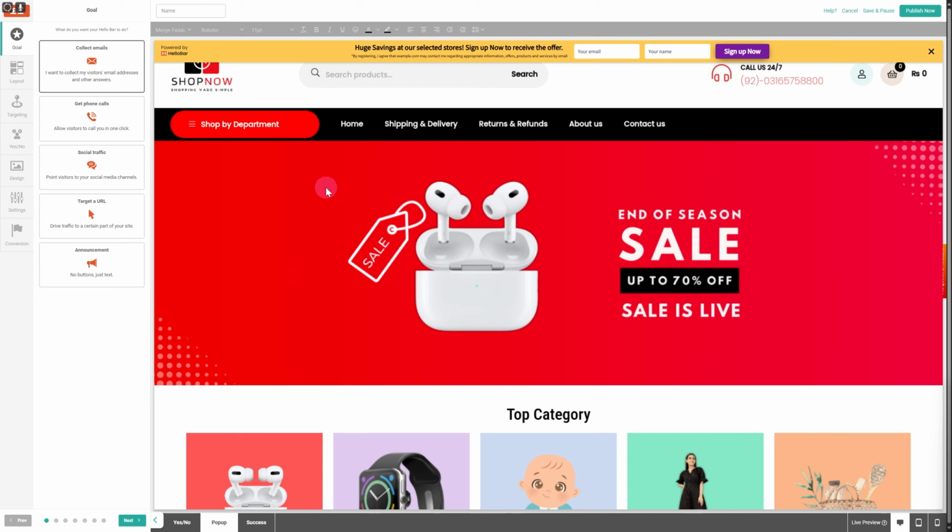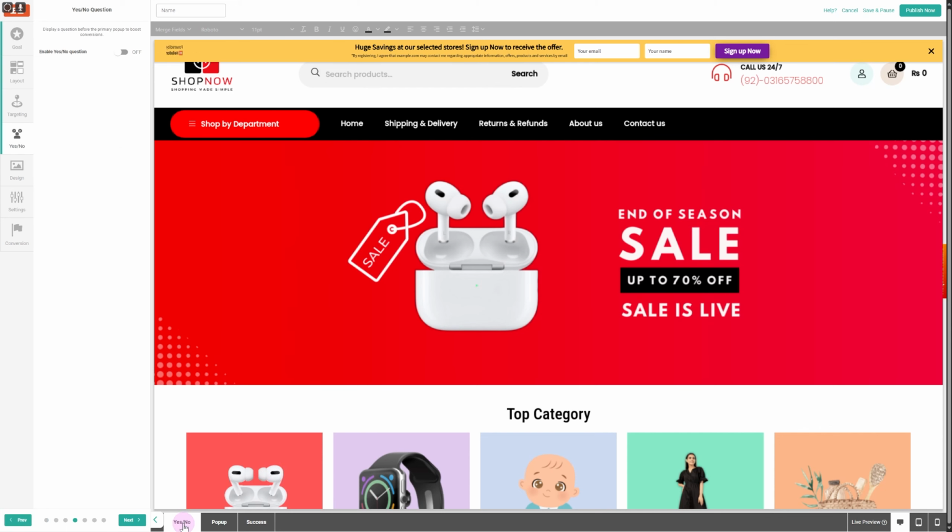Now, the first thing I would like to highlight is this goals feature that you can use to simply specify what the goal of your platform is. For example, this is a digital platform and digital marketing software, so of course we are going to be receiving a lot of emails, messages and calls for different products, and we can specify which is the goal. So I'm going to be selecting collect emails, for example,